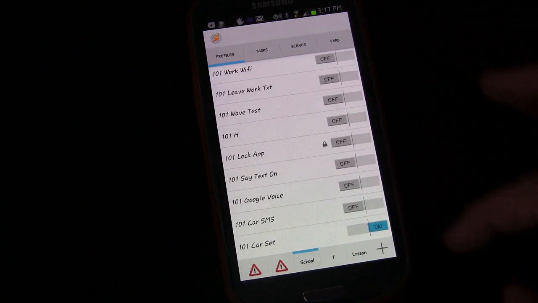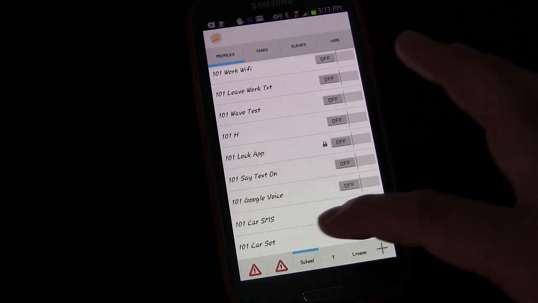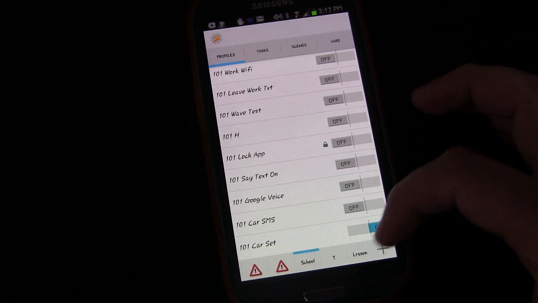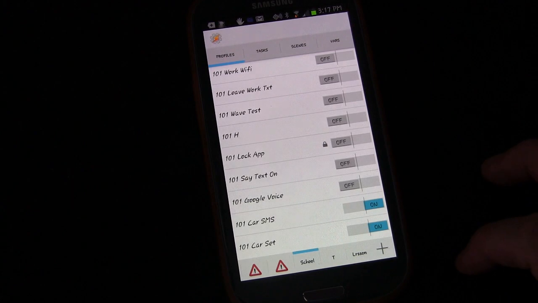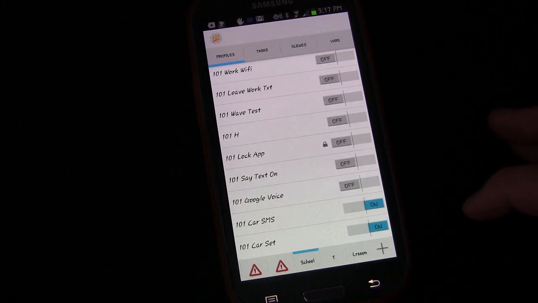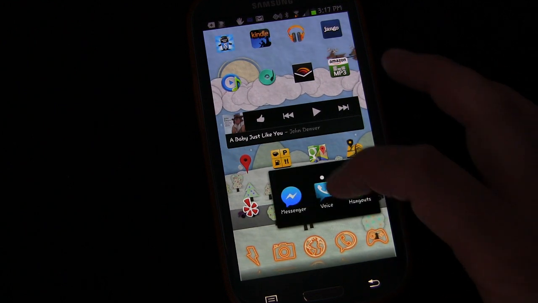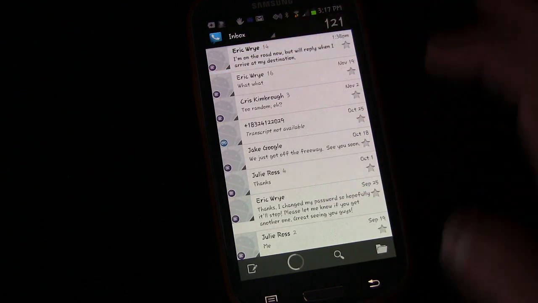So let's suppose I get in my car, and when I connect to the Bluetooth, it's going to trigger that first enter task for car set, which turns on the SMS profile. So we're going to turn it on so you can see what happens. And I'm going to go to Google Voice, and I'm going to text myself,